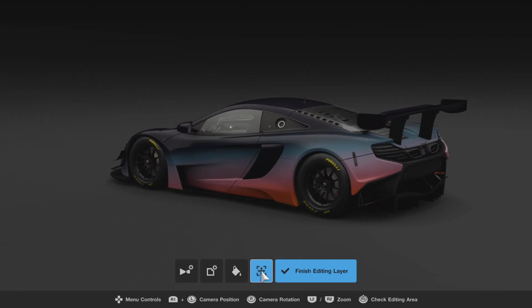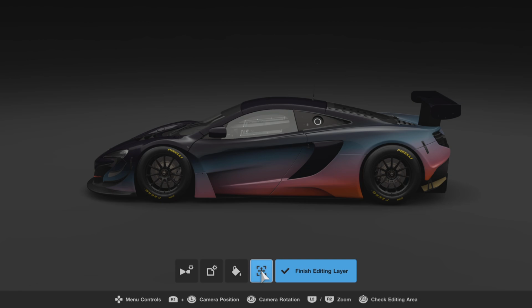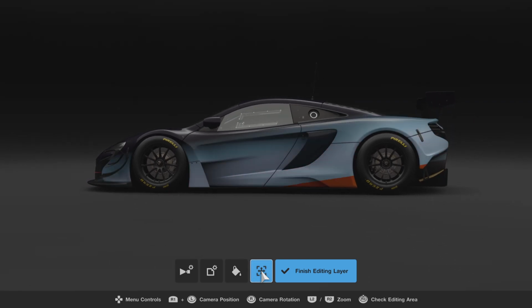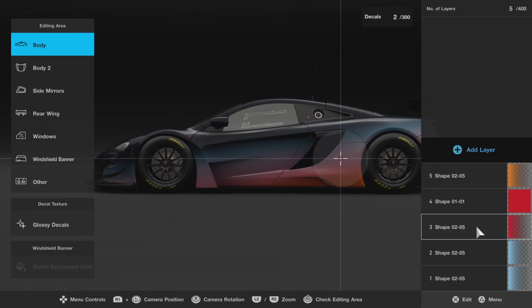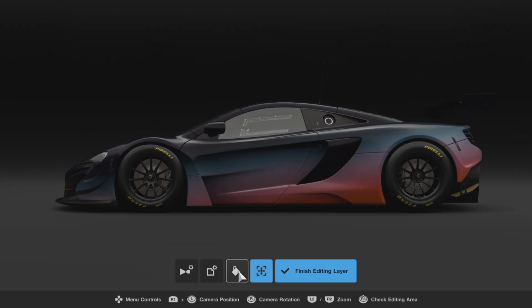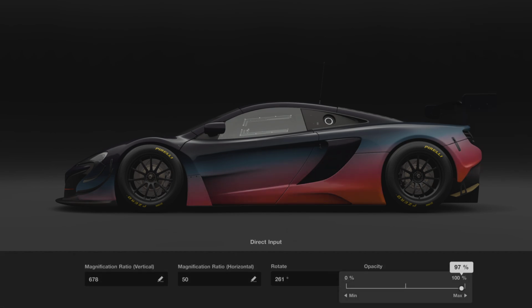Play with different colors, duplicating more, making different layers more transparent, less transparent, to get what you're looking for. You know? But it kind of gives you the basic idea